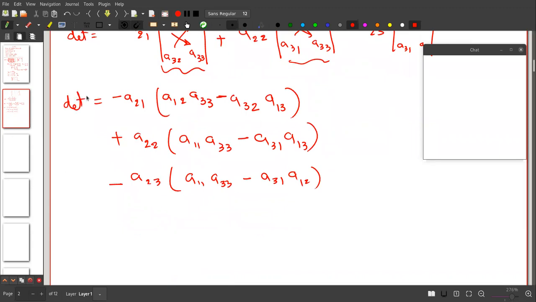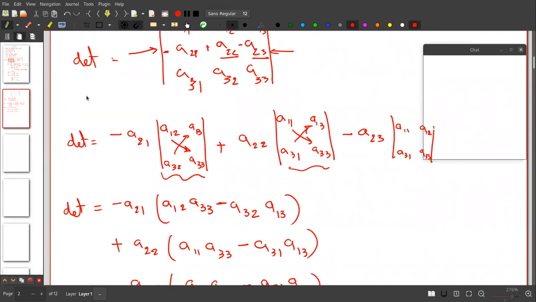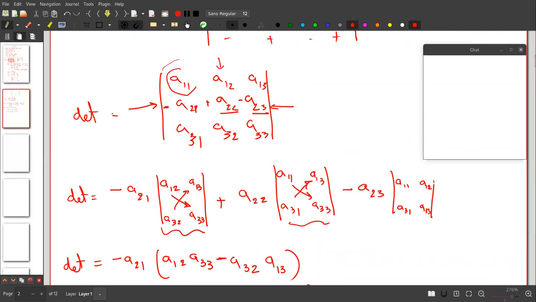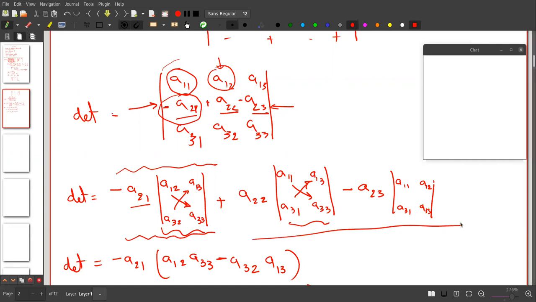So this is the most general way to calculate the determinant. But in the previous class I have told you, it would be good if there is any zero term. Right now we are taking the second row. But why do we prefer the second row? I mean, why do I start with the second row? If there is any zero in the second row, I prefer the second row, because it will on the spot make one term completely zero. Because as you see, if A21 is zero, this is zero, so we will not have to calculate this term. We will have to calculate only these two terms.